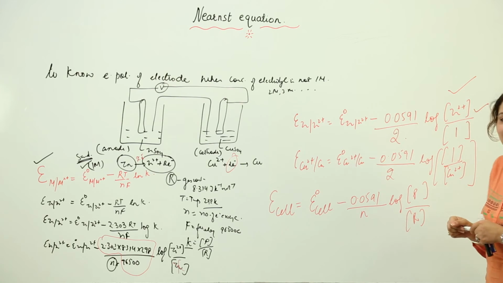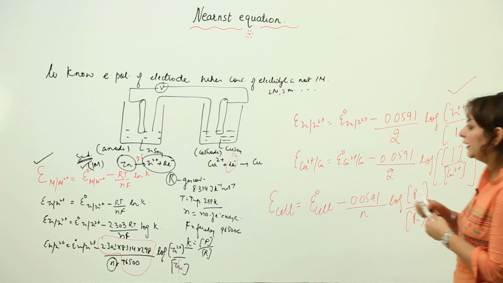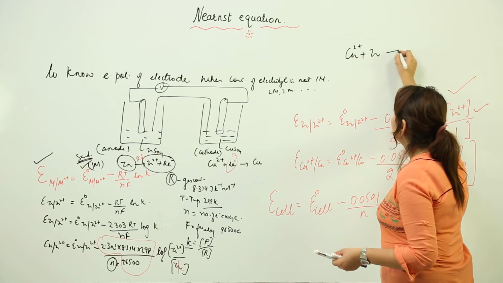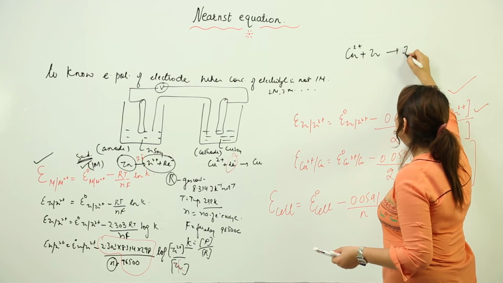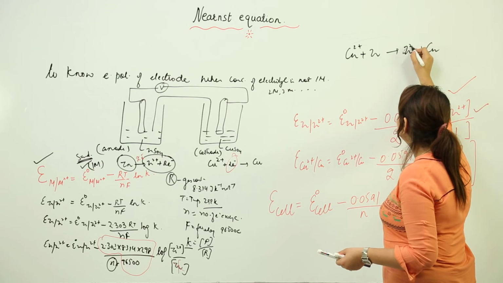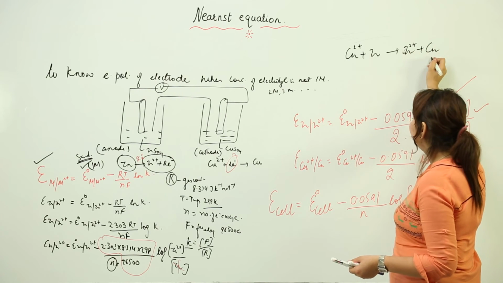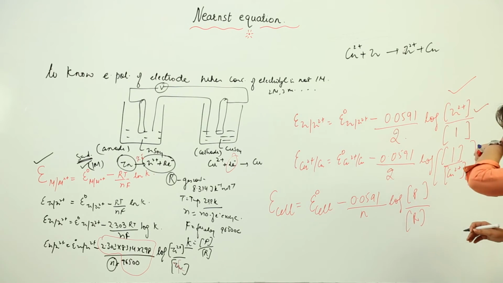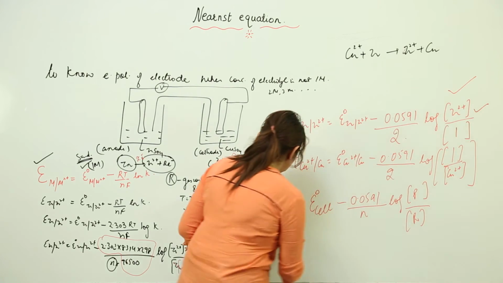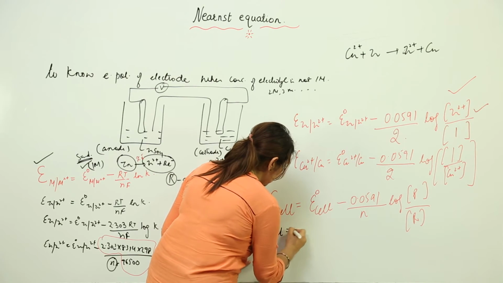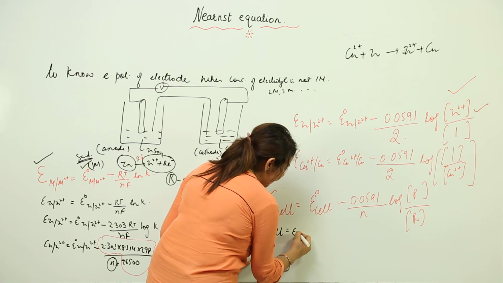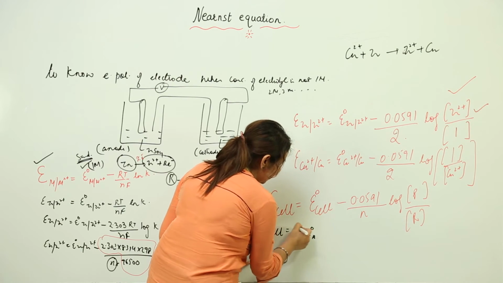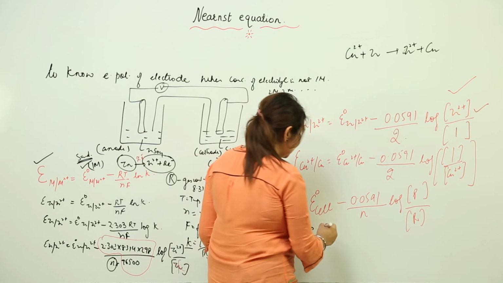So before I do that, I will write the overall reaction which is involved in this cell. It is Cu2+ plus Zn forms Cu plus Zn2+, because Cu2+ has been reduced and zinc is being oxidized. So this is my overall reaction. So now if I substitute this value here, it becomes E cell is equal to E naught cell, which is nothing but E cathode minus E anode. I am putting this naught indicating these are standard potentials, minus